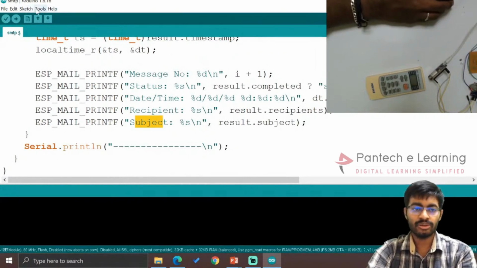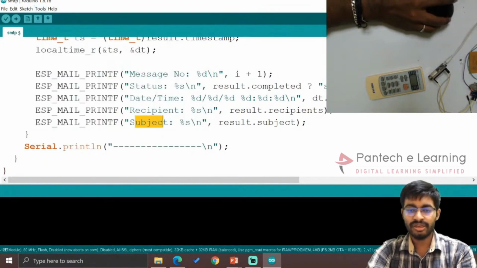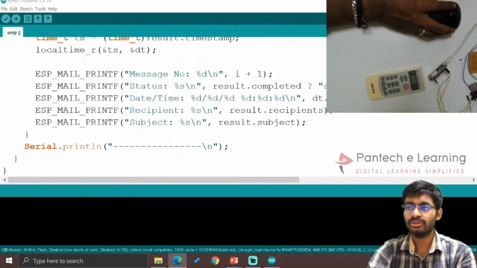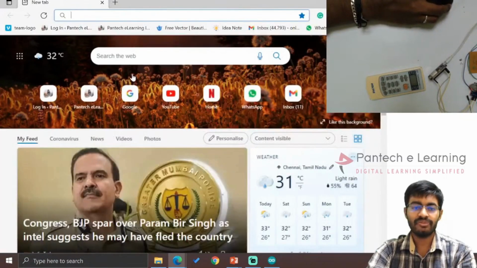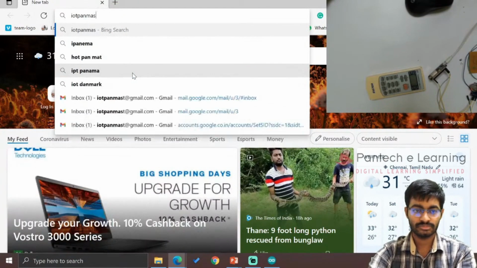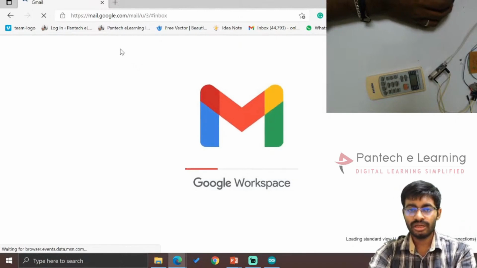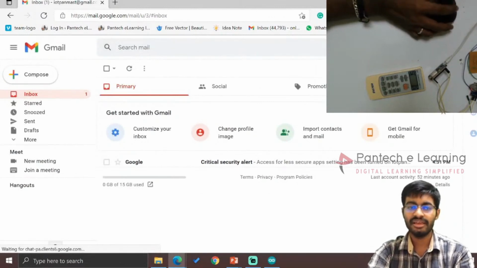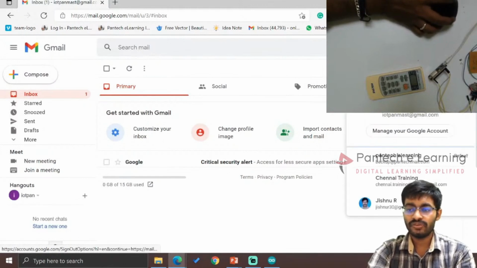Now I am going to upload the code. Since I have not enabled the void loop, the mail will be sent only once. Okay, before uploading the code, I would like to show one more part. When we are working with Gmail or SMTP, we have to enable the security options inside Gmail. For the sender's mail ID and password that you are providing, at that particular part we have to enable the security. How to enable the security: log in to the respective mail,